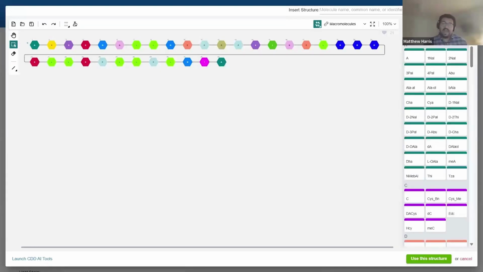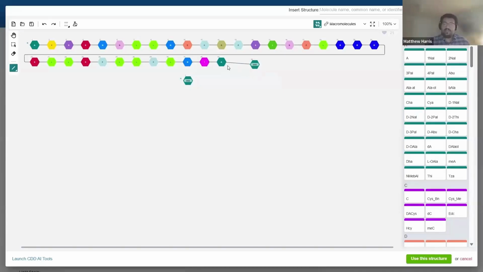Now, let's say you wanted to add to your peptide that you have here some few bases that you have in our library. Let's say we choose this beta alanine. You can very easily click on one of these, add it to your canvas, and now they're added to the canvas, but not attached to our sequence yet. To attach them, you'll choose this single bond option here. You'll click on the base you want to attach and drag it over to what you are attaching it to. And once that's complete, now the beta alanine in particular is added to the end here at the